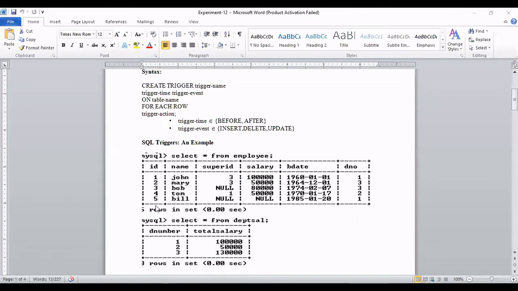Okay, so the 6th row I have added means now this will modify this one. So it means what? The trigger will fire on that 6th row only. It will not fire on all rows. So for that 6th row, it will get the salary from that row, then it will modify.